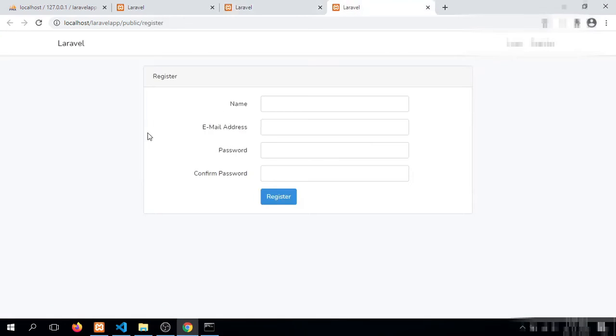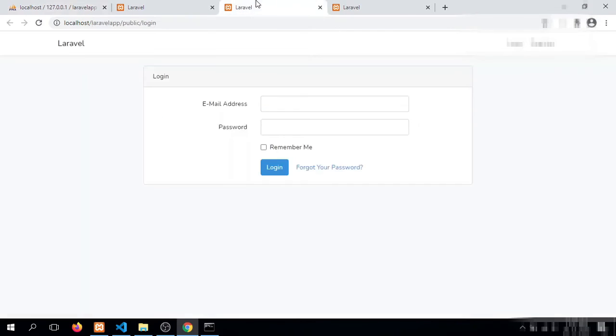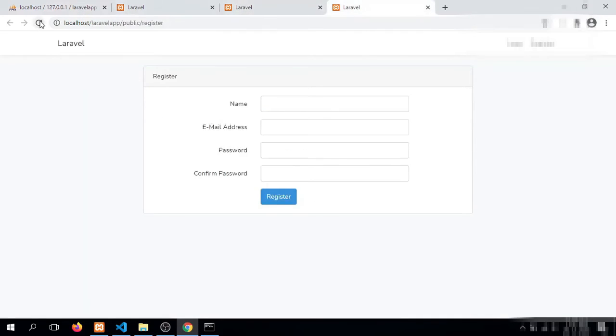This is a full Bootstrap user interface. Now let's start with registration and then login, because we have generated all the tables required for our login and registration. We don't have any account registered. First we will register an account.